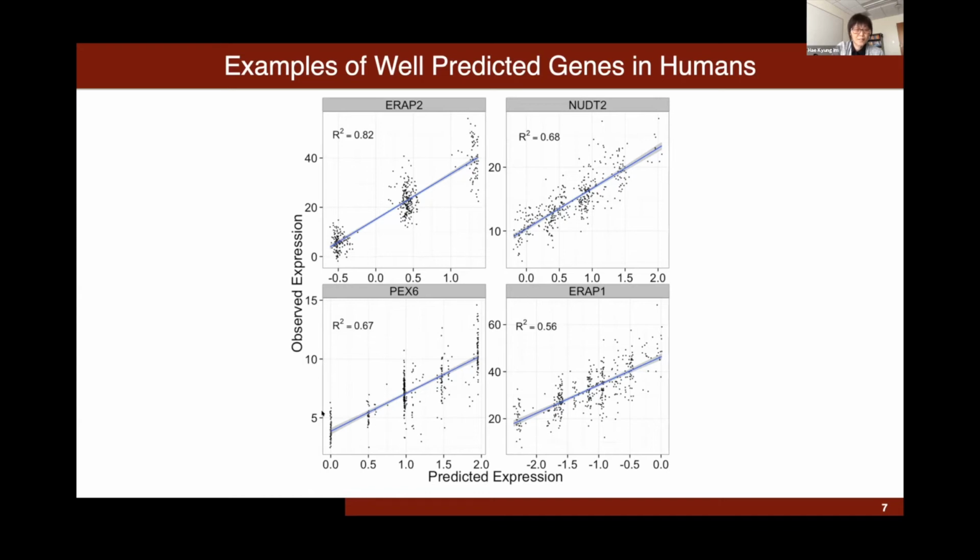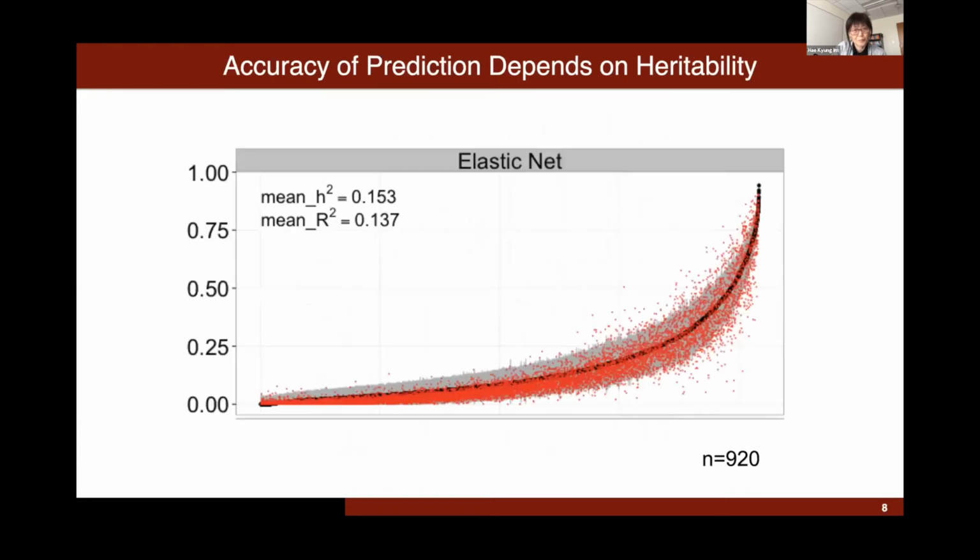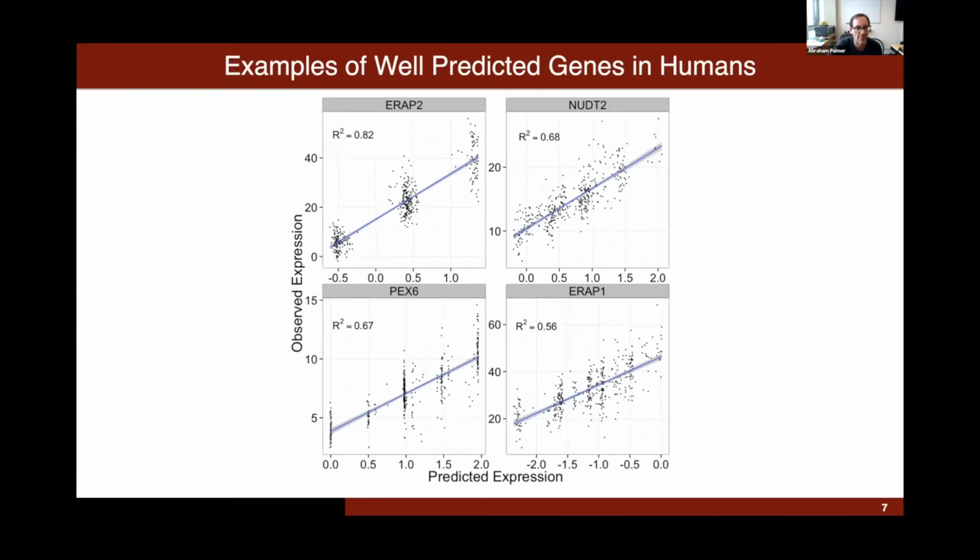You can see that the R squares, the correlation squared between predicted and observed, are pretty high. So for these genes that were selected for being well predicted, you can see that predicting transcript levels from genotype is possible. And more generally, actually, if we go back to the last slide,